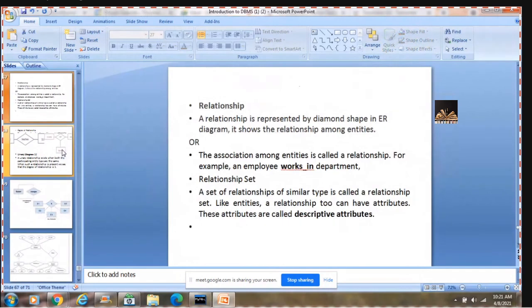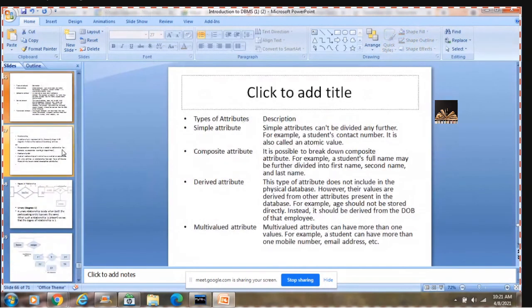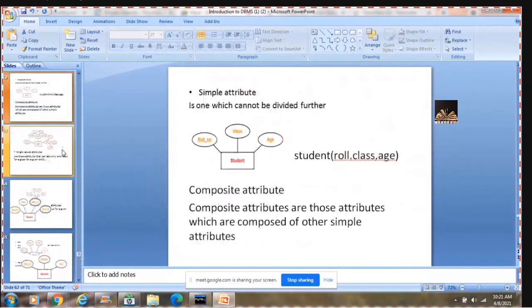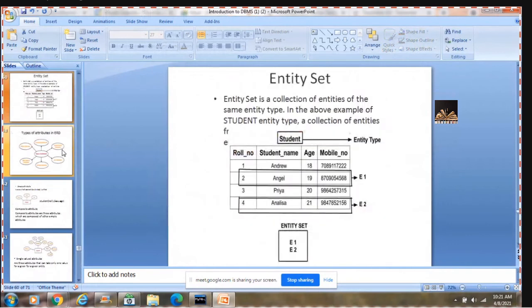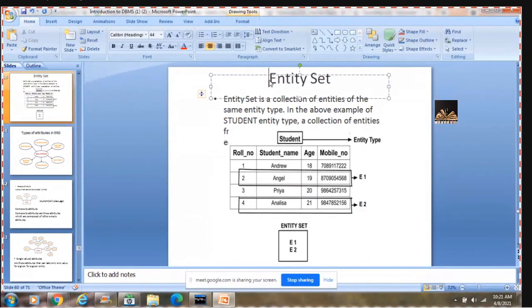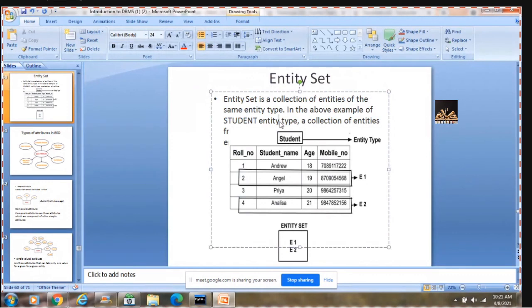I spoke about relationship set. Similarly, you have something called an entity set. Again, it is similar to relationship set. An entity set is a collection of entities of the same entity type.